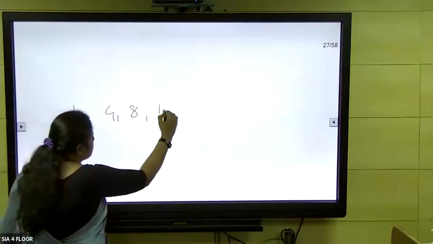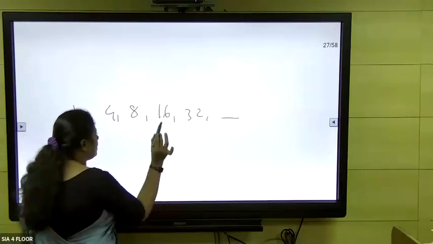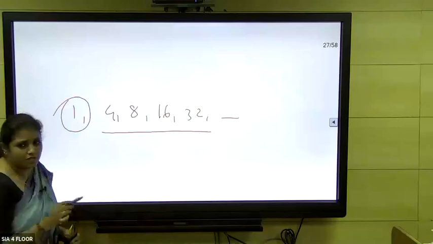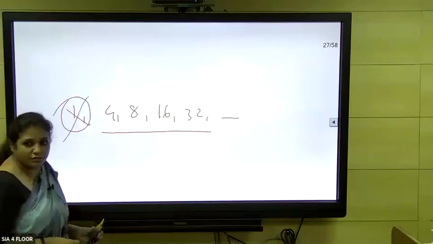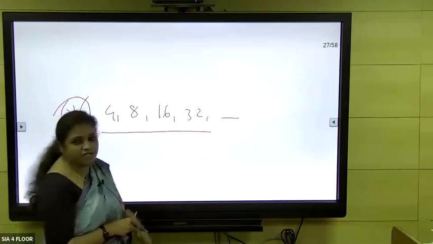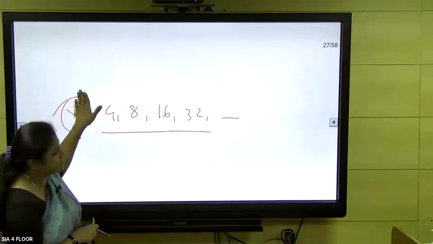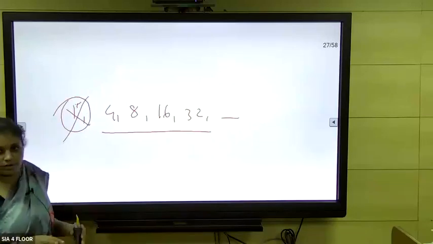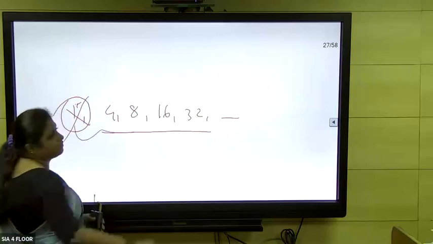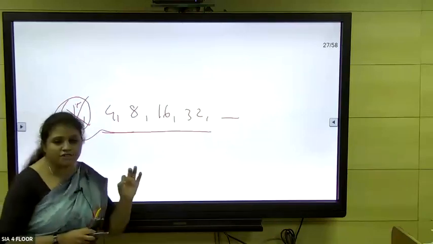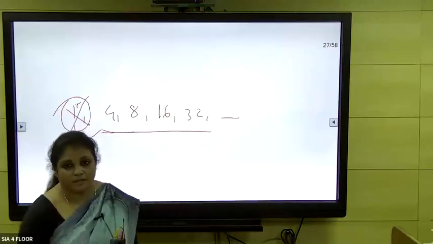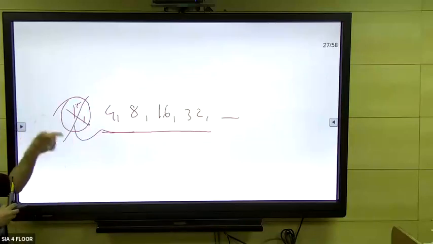See, if suppose I give you 1, 4, 8, 16, 32, they are able to find out the logic for these things but not for the first one. So what they'll do, they'll skip it. Is it correct to do like this? Because this is very easy to see, and this is disturbing or distracting the sequence, so let's skip it. Is it right? It's completely wrong. You should not do like that. You should try to make some connect out of these things. If you're skipping any one of the numbers in the sequence which is not followed by the logic, then it is wrong. Sequence has to start from the beginning.